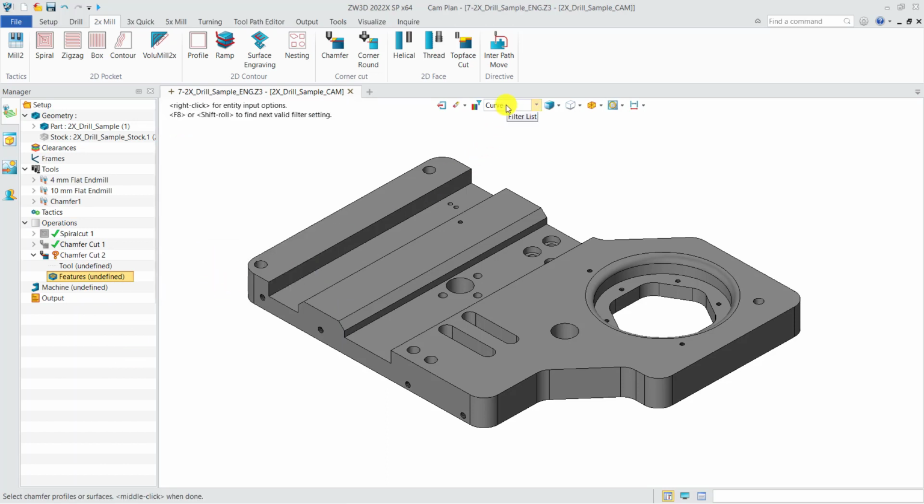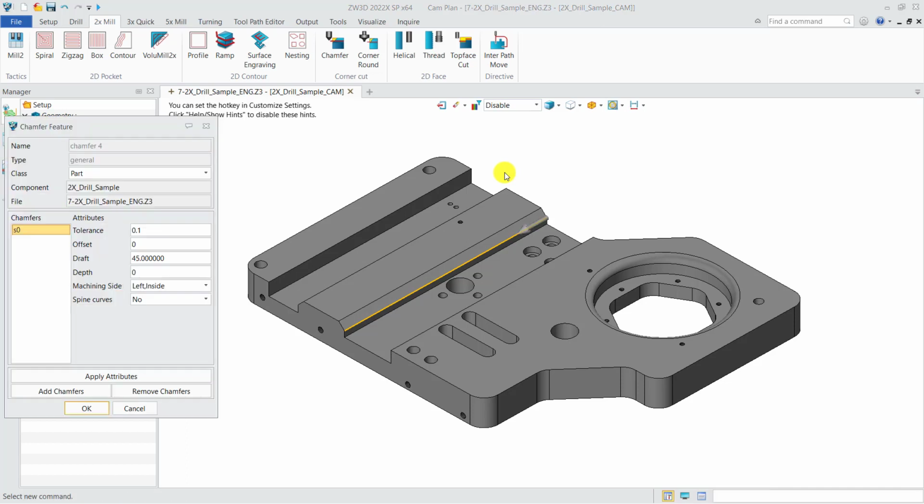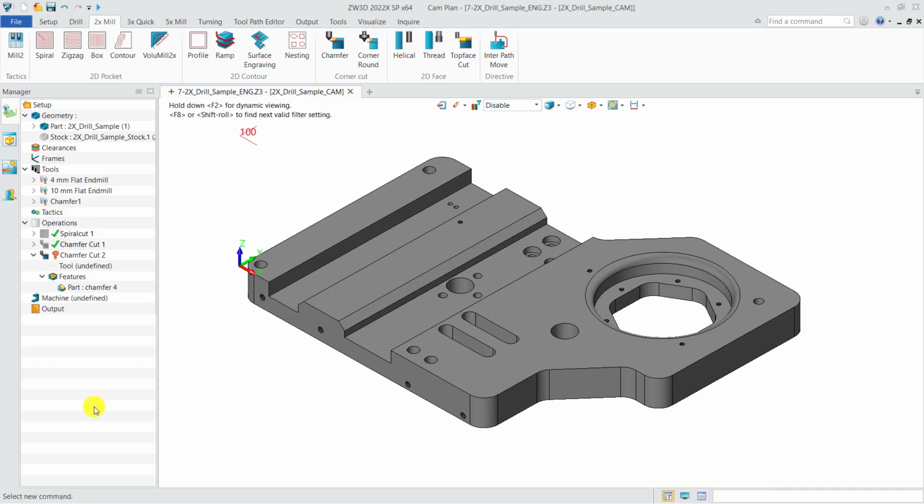Then I select the curve. Then I select this curve, and I need to click the middle button of the mouse to confirm the selection, and then click OK. Choose a chamfer tool, then calculate the two paths. Then this is the two paths, and the second one